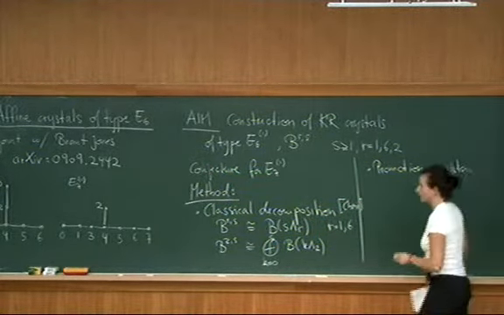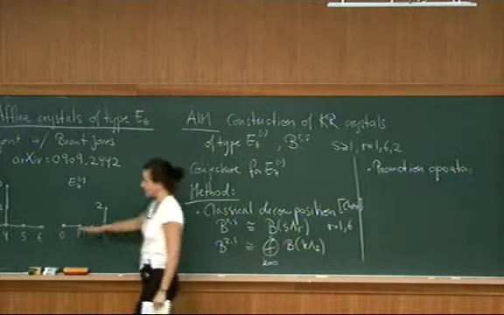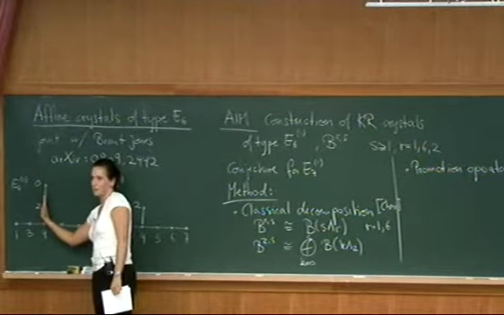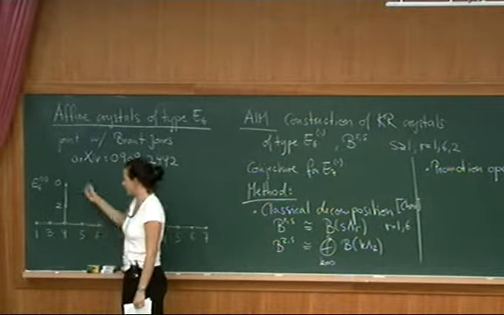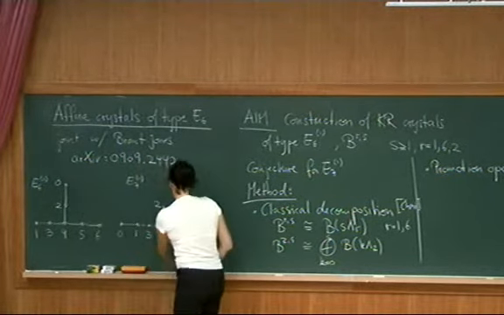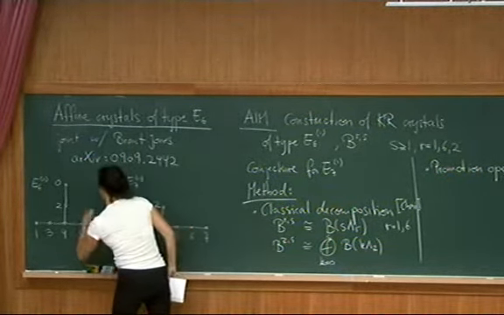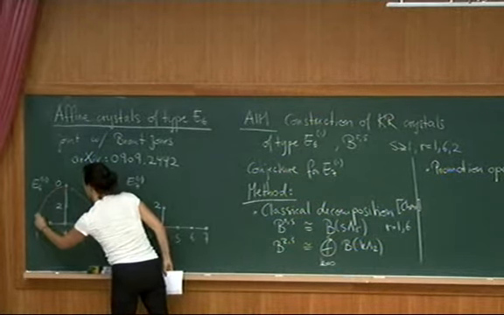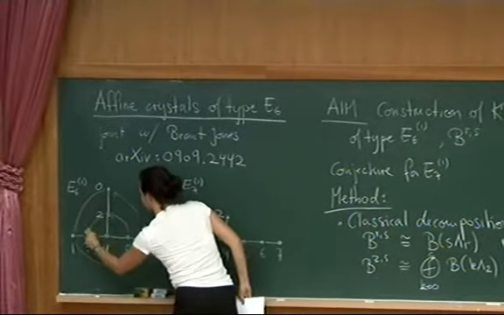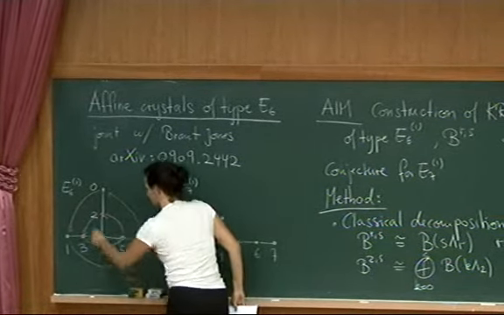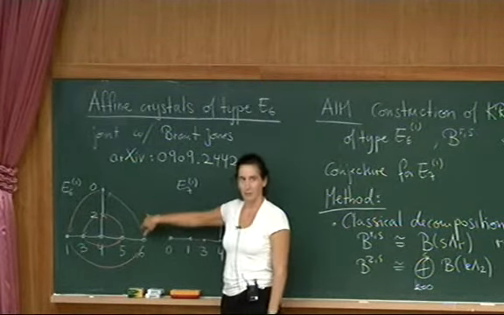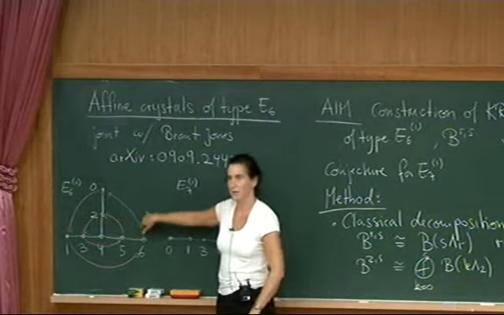So we are, in fact, if you look at the Dynkin diagram for type E6, there are several Dynkin diagram automorphisms. So you can flip along this side, but there's also this Dynkin diagram automorphism of order 3. So you map the 6 to the 0 to the 1 to the 6, and the 5 to the 2, and the 4 to itself. And in fact, it's going to be this Dynkin diagram automorphism that I'm going to use.